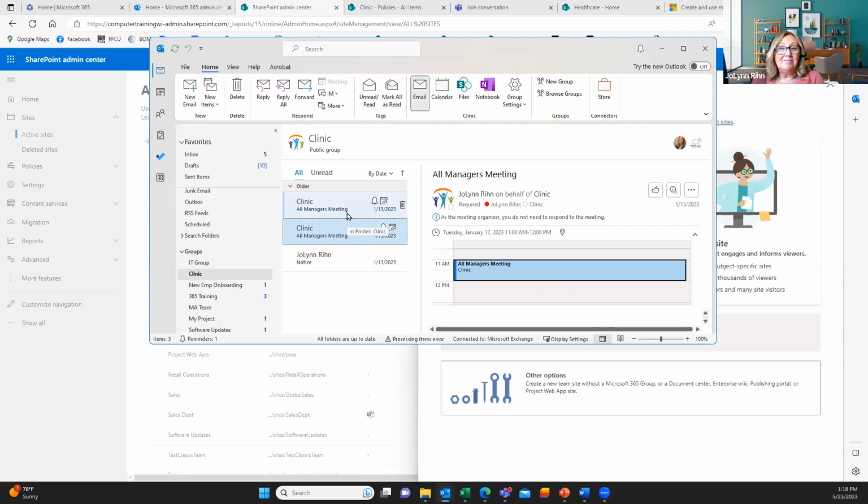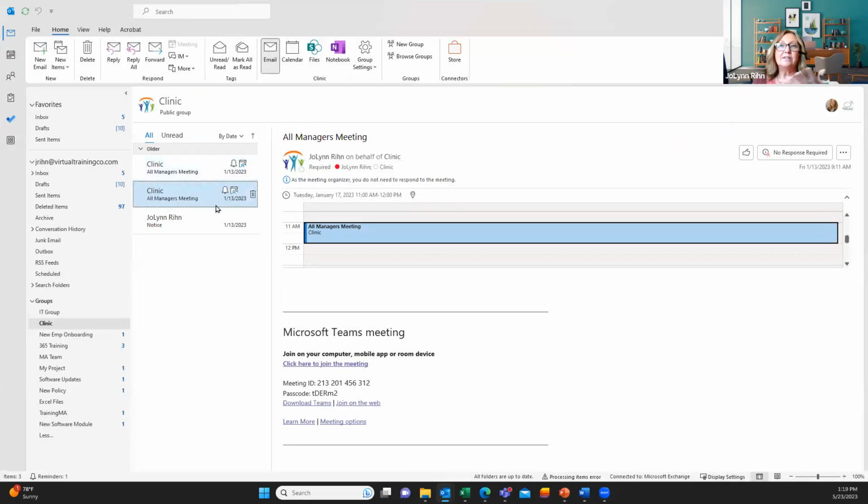Isn't that unbelievable? So it's all in where people are at the time. I don't have to be in just one place to do things. So just to show you up at the ribbon here, when I'm in this group called Clinic, which is my SharePoint site group, I have access to my SharePoint files from here. I can go into my shared OneNote notebook from here, from the ribbon up at the top,